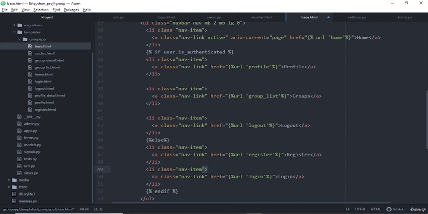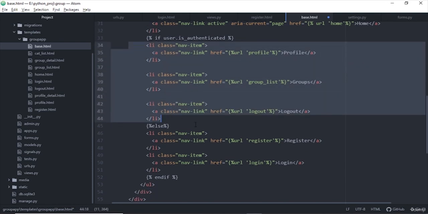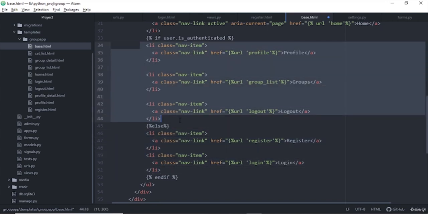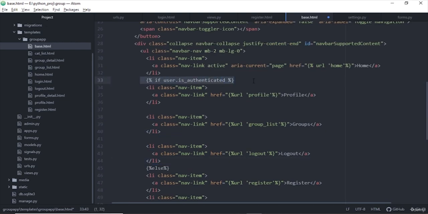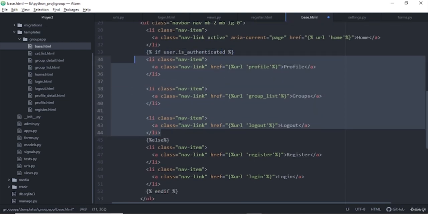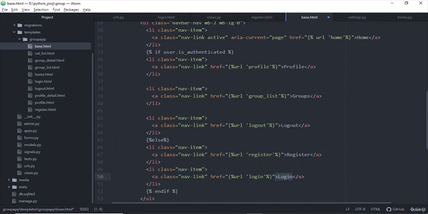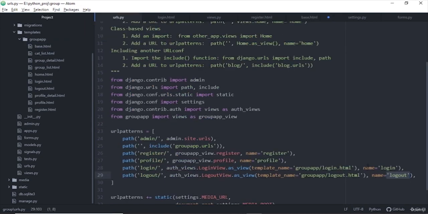Okay, so if the condition fails, these HTML elements will not be created. If the condition that the user has logged in fails, this will not be created, so only one of them will be created. Okay, that's actually simple. So if the user is not authenticated, we are just providing these, else we are showing register and login. So we have the appropriate URL for that. Register means it will search by this name, it will log in, register, and so on. So up next we'll be implementing, starting with the